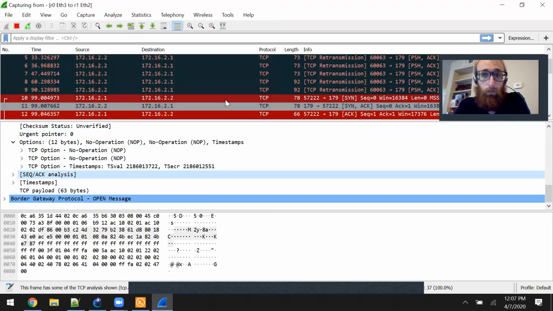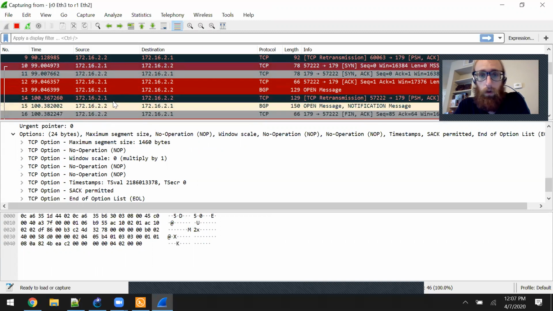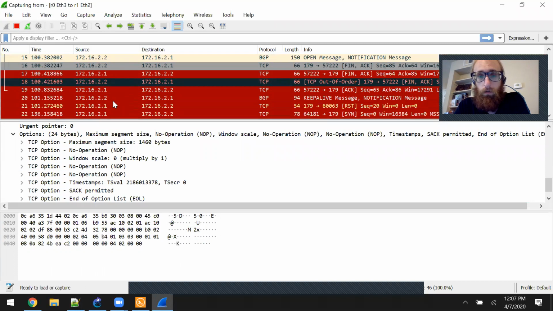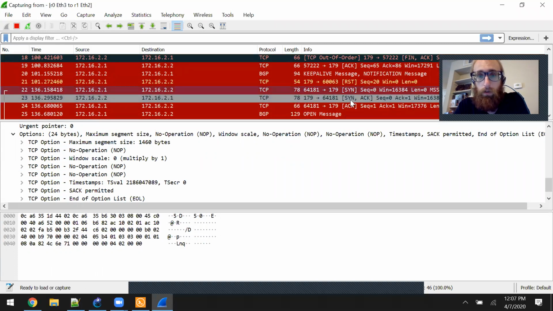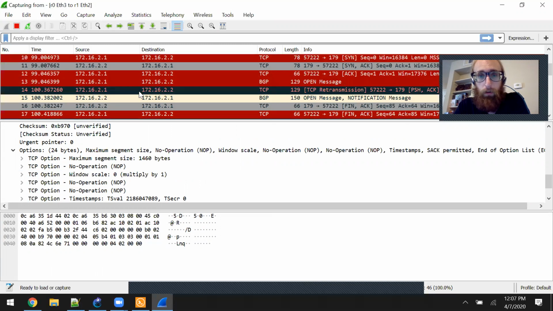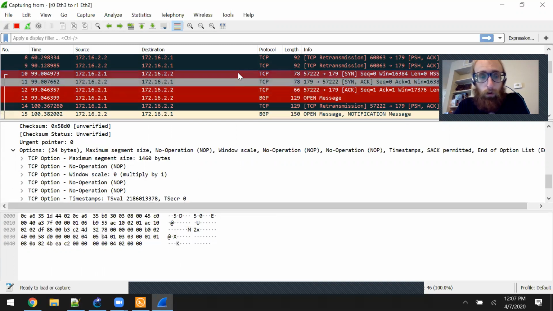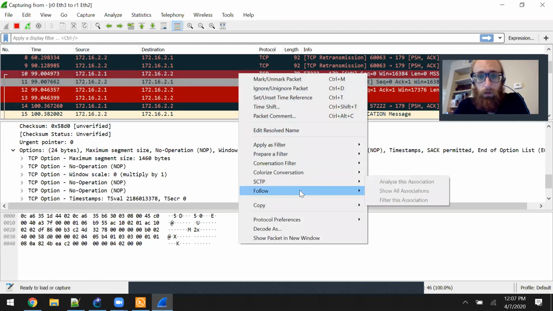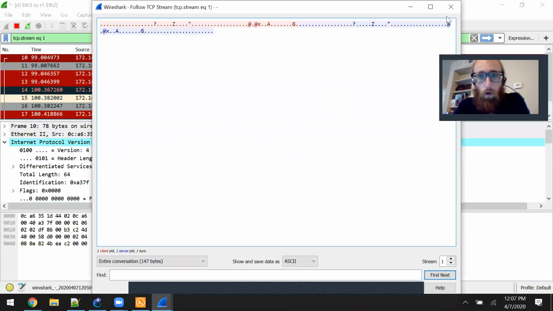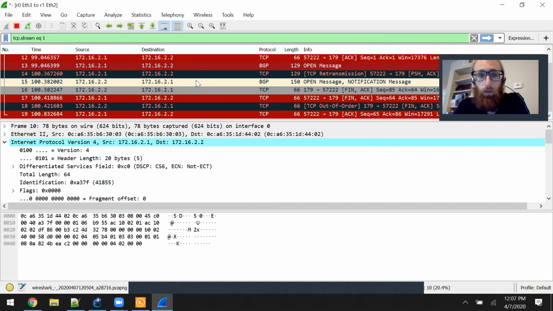But you can see here's one three-way handshake sourcing from .1, and we've actually got a second three-way handshake here, SYN, SYN-ACK, ACK. Looks like this is sourcing from .1 as well, so maybe it failed on the first one for some reason. We can follow the TCP stream on this first one and just only look at that one. Try to get a better sense for why it did another TCP three-way handshake